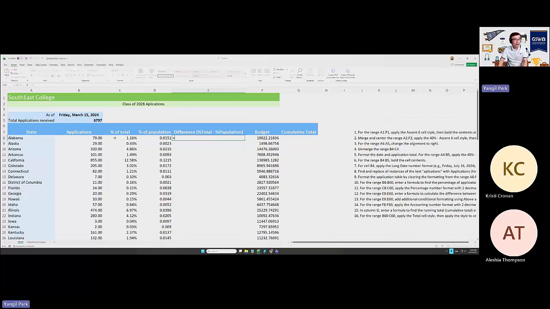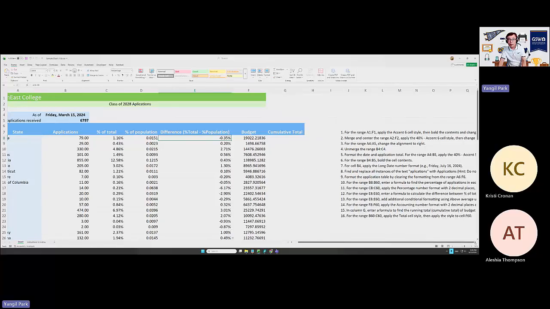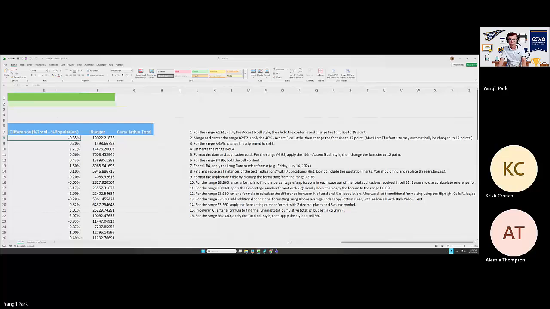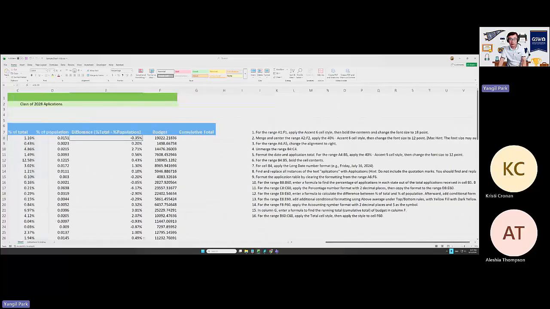Okay, so here you go. See that as directed, then autofill all the way down. Okay, so that was 10, 11, 12, now 13. Wait, do we have a cumulative total? Oh, the cumulative total is up here, number 15, okay? So we follow the direction. All right, then step 13,